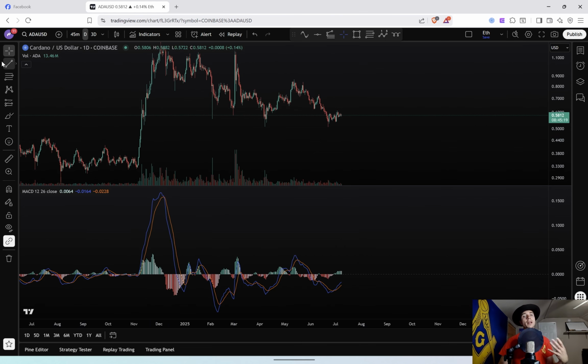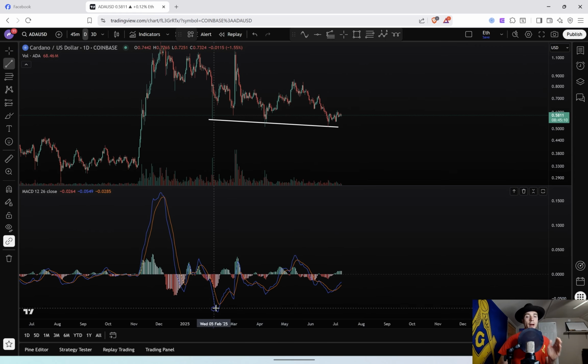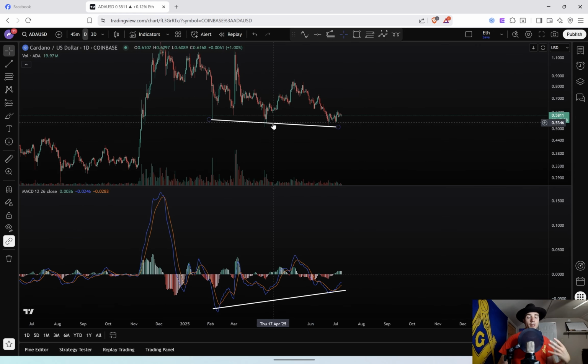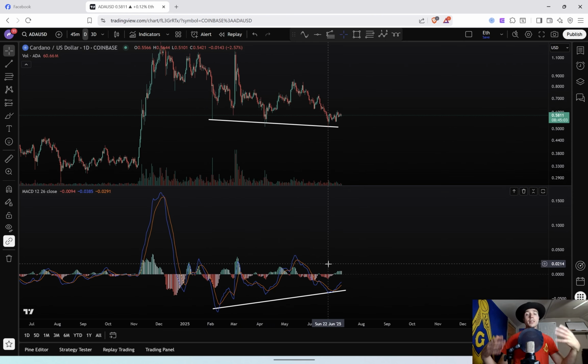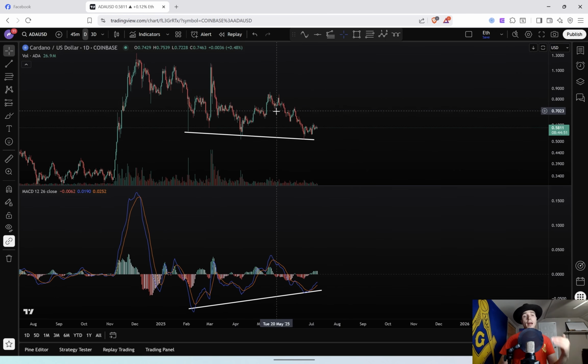We also have an even bigger bullish divergence forming here on the daily candlesticks. If we go from right here down to right here, and from right here up to right here, you can see lower lows in price and a higher low on the MACD. So that's even more bullish divergence forming here with Cardano. So on the daily candlesticks, we definitely are expecting more upside and a strong turnaround here that will lead us